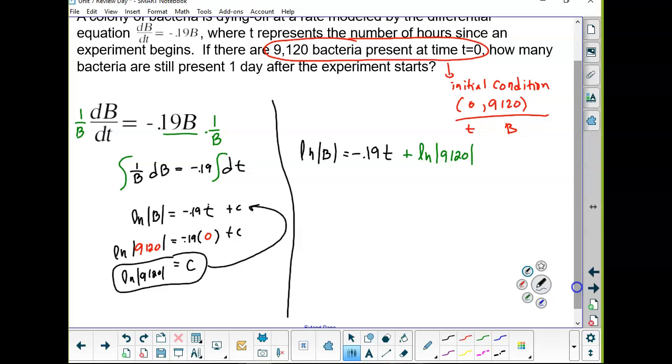And they don't tell me. They say how many bacteria are still present after 1 day. Well, I can't do that until I solve this. Actually, you could right now. By the way, 1 day is when t is equal to 24 hours. Because t represents the number of hours, so we have to put 24. You could put 24 right here and then just solve. Or, if we went through the algebraic steps,